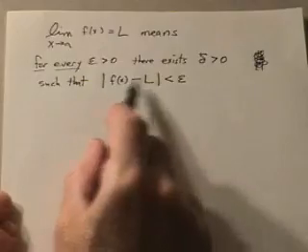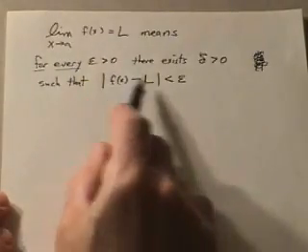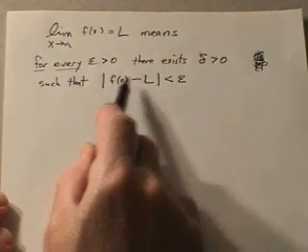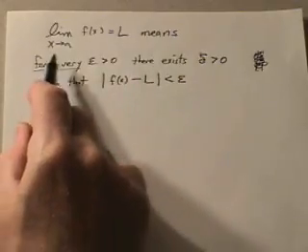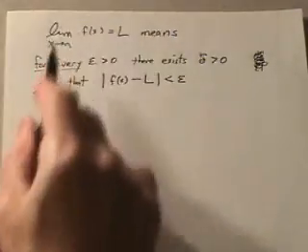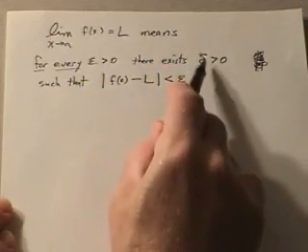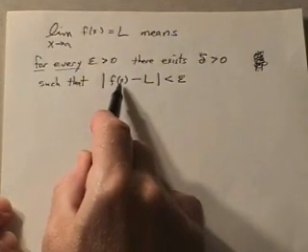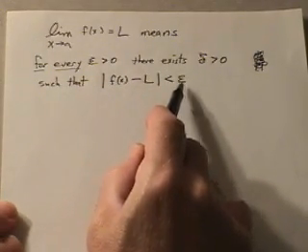Whenever you see the absolute value of two things subtracted, say to yourself, the distance between this and that. So this says the distance between f of x and L is less than epsilon. Okay, so let's start it again. This statement of limit means that for every epsilon bigger than 0, no matter how small, there is a delta bigger than 0, such that the distance from f of x to L is smaller than epsilon